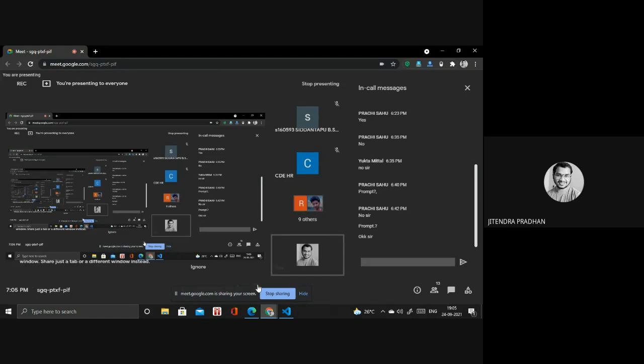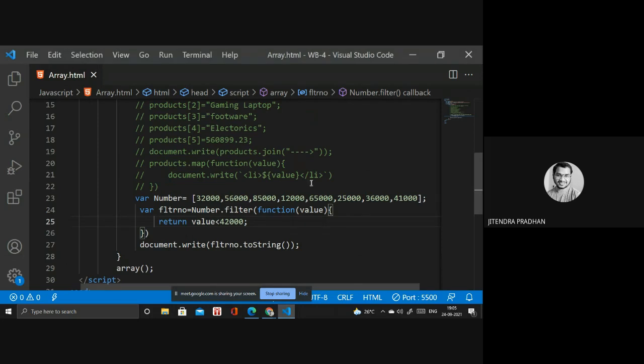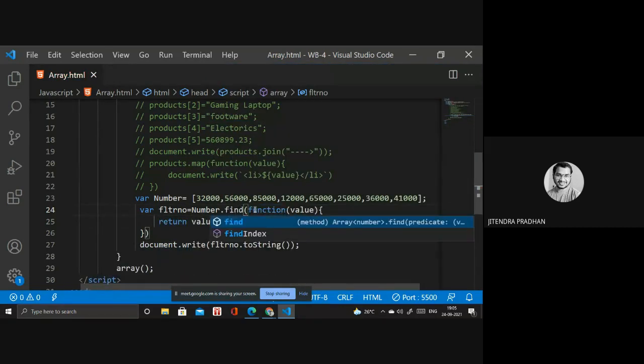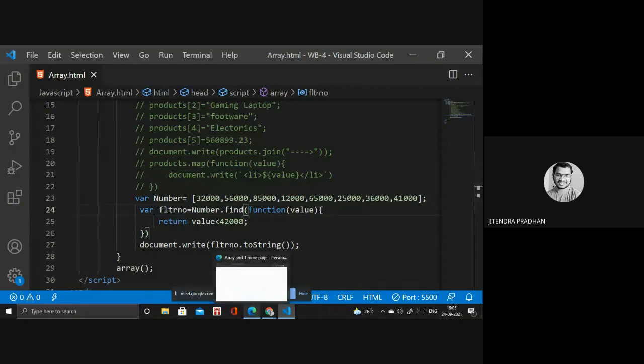I hope you don't have any doubt. Okay, so we have the find option as well. Find is the same as this. So you have to use find, sorry, the find option. This will find 32,000.